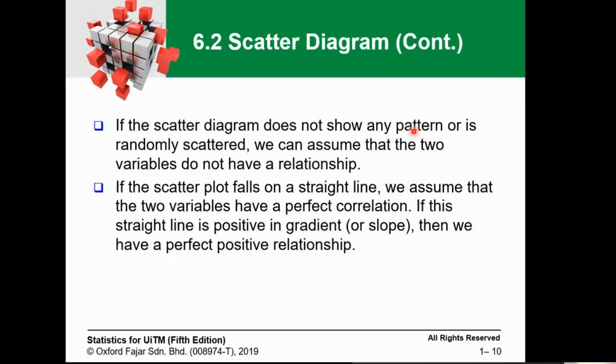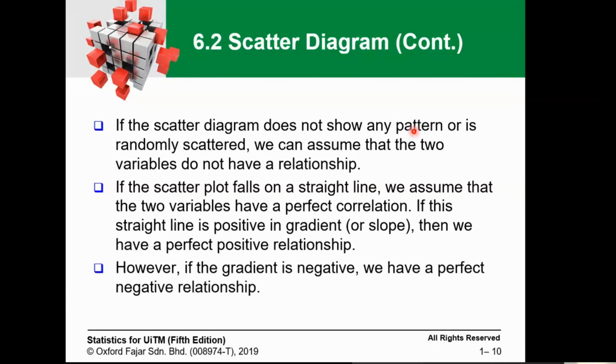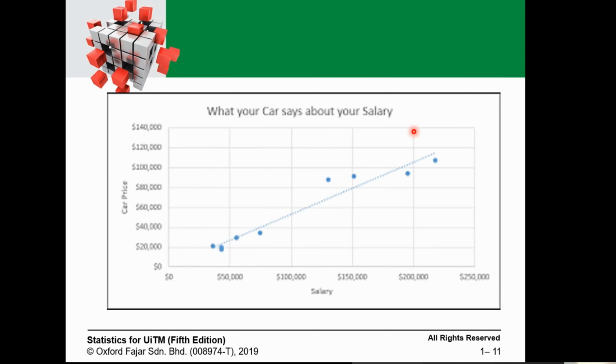If the scatter plot falls on a straight line, we assume that those two variables have a relationship and a correlation. And here we can find whether it's positive or negative. If this straight line has a positive gradient or slope, then we have a perfect positive relationship. However, if the gradient is negative, we have a perfect negative relationship. And here I'll give you some examples